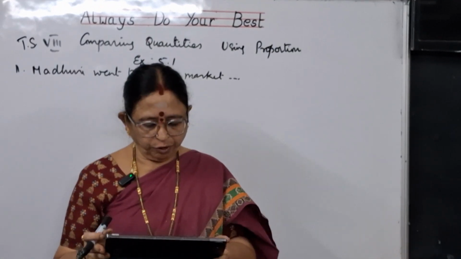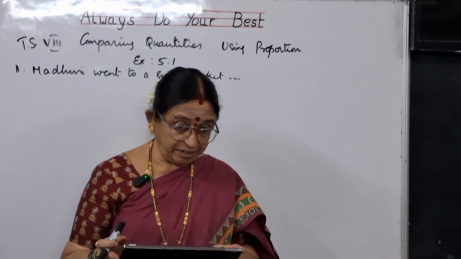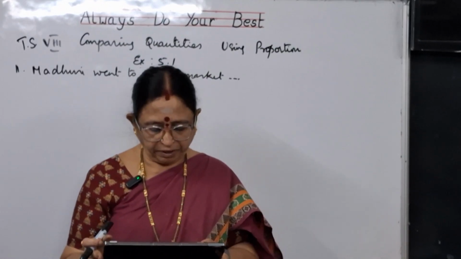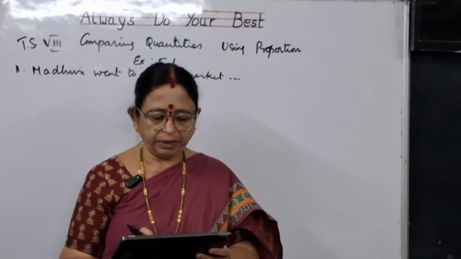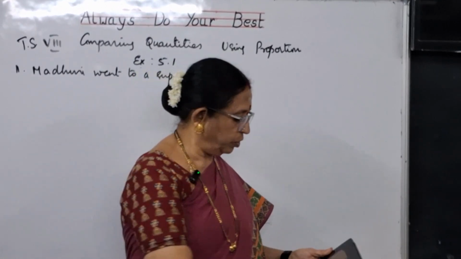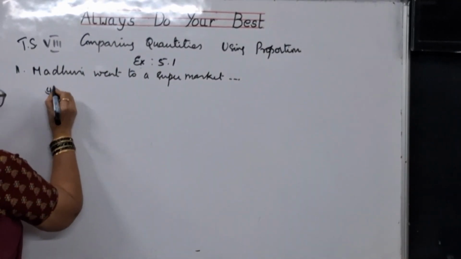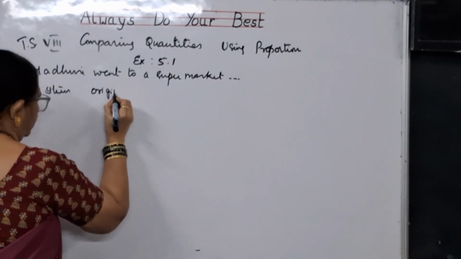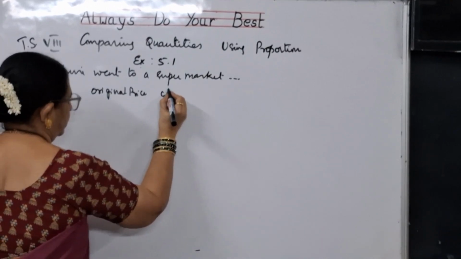The price of rice is reduced by 5%. Jam and fruits reduced by 8%. Oil and dal are increased by 10%. Help Madhuri to find the changes in the given table. So let me write the table here. This is item, original price and